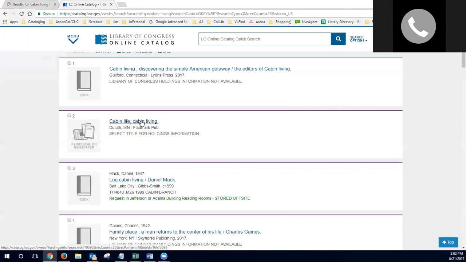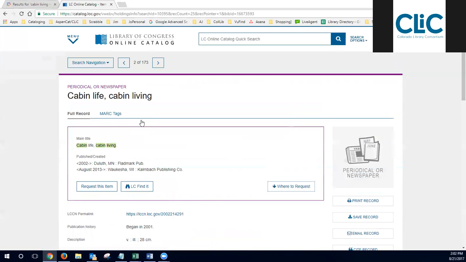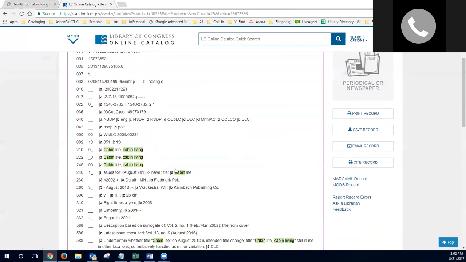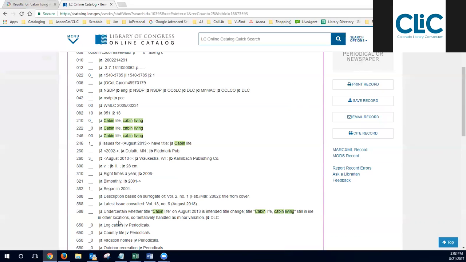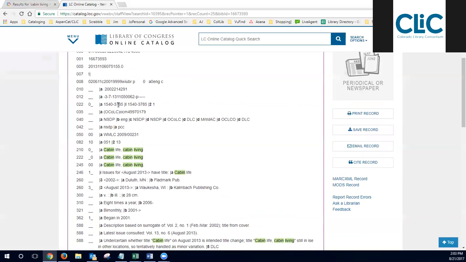That says it's a book. As I recall, I think this is actually what you have. Of course, I can't be sure, but maybe you know, because you know your collection like the back of your hand. This looks like it. Yeah. And then the cataloger at Library of Congress says, uncertain whether title Cabin Life on August 23rd is intended title change. Still in use, so tentatively handled as a variation. So let's grab the ISSN